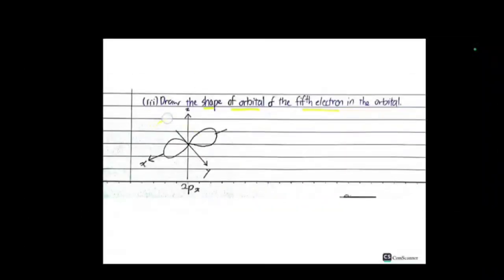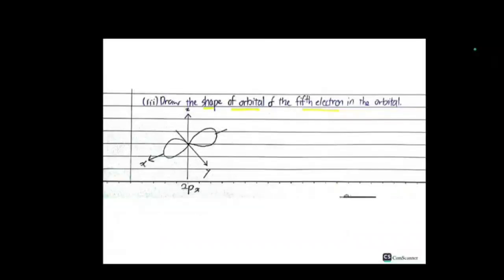Okay, let's go to the final question. Draw the shape of the orbital for the 5th electron of the copper atom. So this is the shape of the orbital. As we know, we have the s orbital, p orbital, d orbital, and f orbital. So how do we identify the 5th electron's orbital? We know that the copper